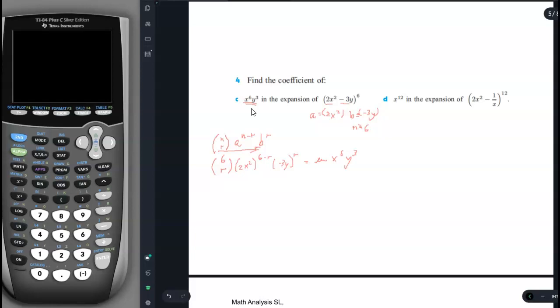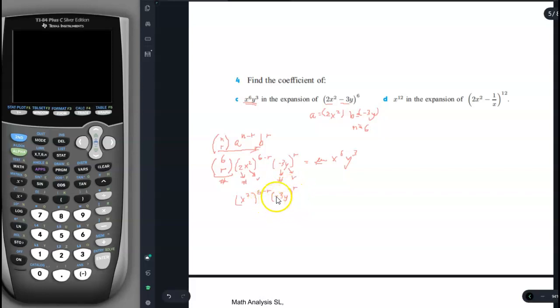So now we're going to break up the left side. The left side has things that contribute to this numerical coefficient, including the Pascal's triangle coefficient, of course. It's going to be a number. This 2, that's a number. This -3, that's a number, okay? Everything else is a variable, so the x squared is a variable, the y is a variable, okay? So we're going to break it up into the number part and the variable part, okay? So let's do the variable part first. The variable part would be only x squared to the 6 minus r times